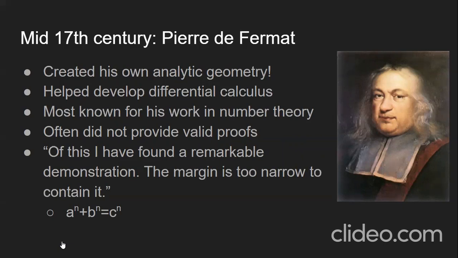And it's just really interesting because this is still unresolved. So what he was saying is that we can never find whole numbers a, b, and c, and an exponent n greater than or equal to 3, for which that equation holds true. So yeah, it's still unresolved. It's very disputed still. Euler proved it for n equals 3 and n equals 4, but beyond that, it's still unresolved. Actually, it's resolved. Oh, it's resolved.